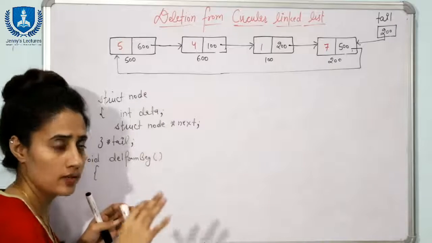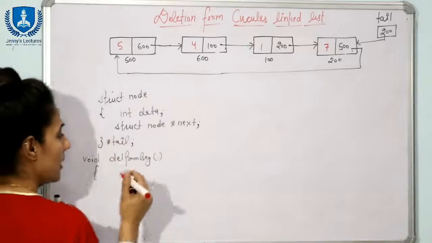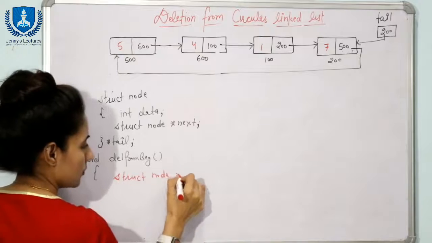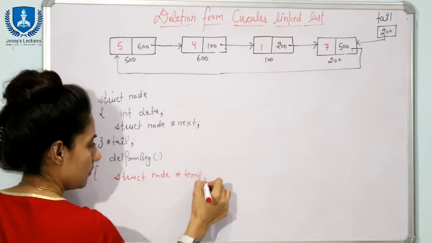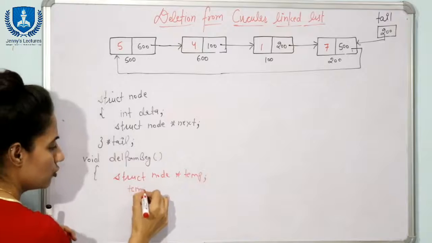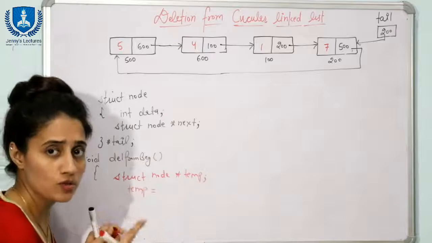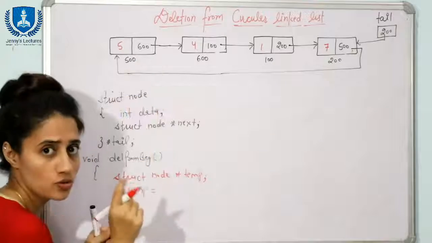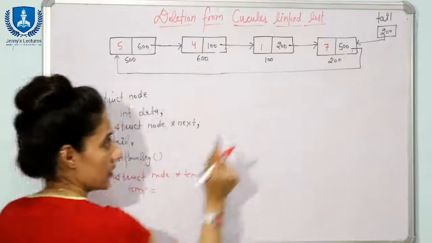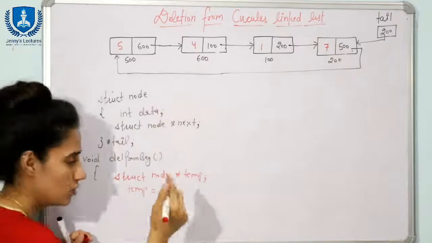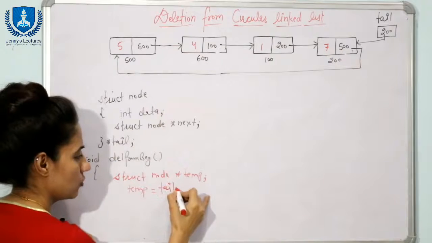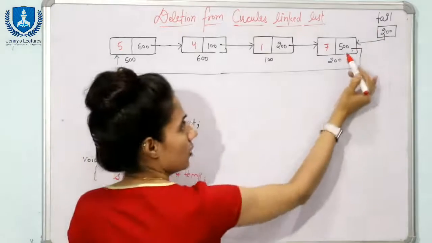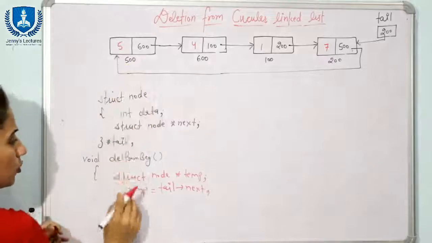Now I want to delete the data from the beginning. Now we will take what? We will declare another pointer, that is the temp pointer, right? And in temp what will you store? The address of the first node. And how will you get the address of the first node? Because I want to delete the first node. From here I can get this address of the first node, because tail next is always going to contain the address of the first node. So you can write here tail of next. So tail of next is what? Tail of next is 500. Now 500 would be stored in temp.